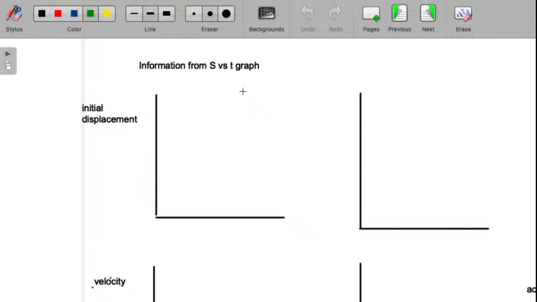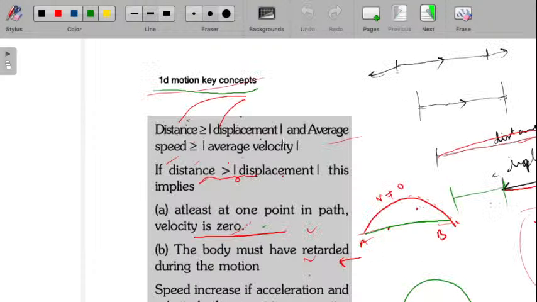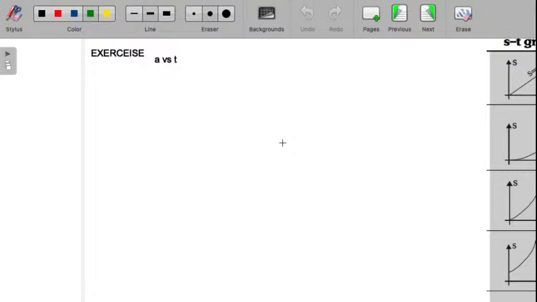so we have already looked at the information from the S versus T graph. Let's use this information from the S versus T graph, and let's use the concepts about curvature to define the A versus T graphs for the respective cases of S versus T. Right? S versus T. Starting from the first,